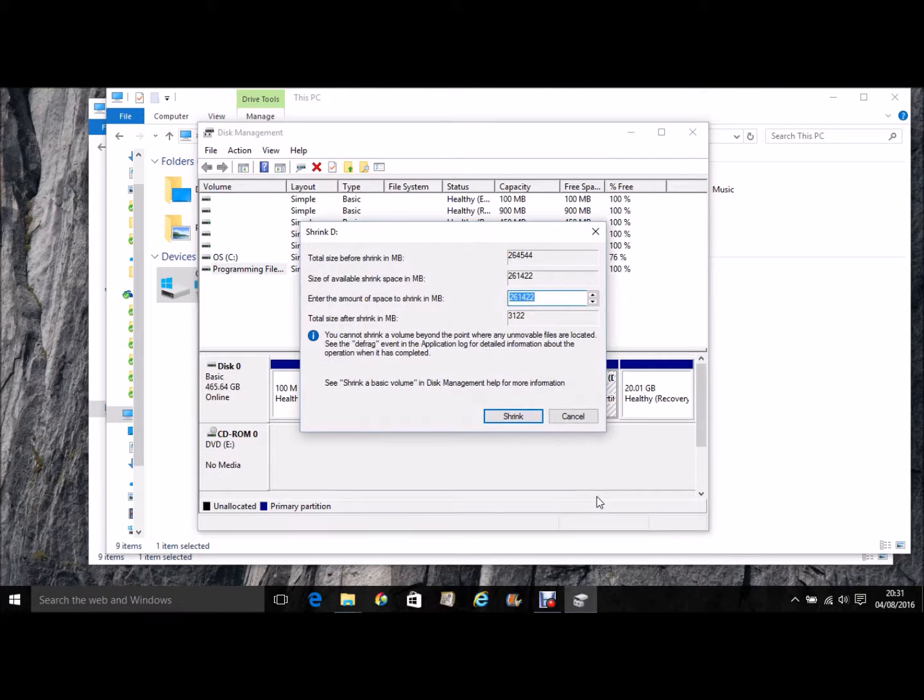We shrink volume. Here you can see it brings up a list of the sizes that have been queried that are available to do this change on the system. So to enter the amount, like I say, I want to make 10 gigabytes, which is 10,000 megabytes. So in the third box down we put 10,000, and you can see while we're doing that, this total shrink space available shrank by the 10,000 that we've just selected here. So once you've selected the amount of size that you want to shrink,